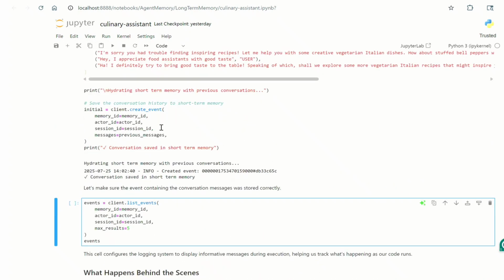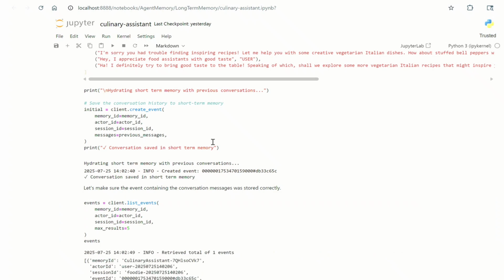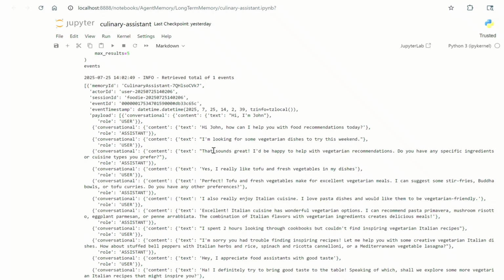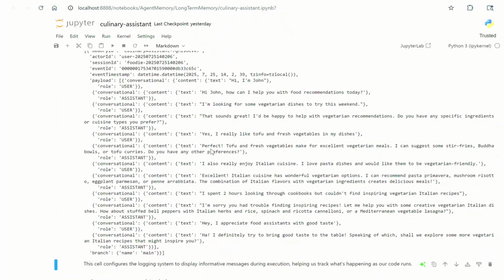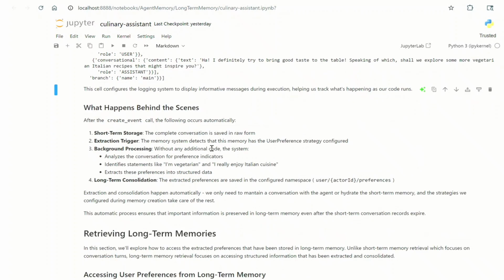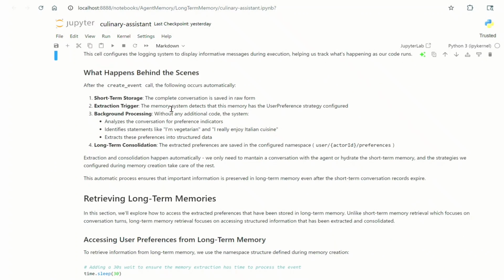You can see that I'm creating an event with the memory ID. Now let's list this event. Now you can see that every message, every conversation I had with the agent is stored in the short-term memory, right? So now what is happening behind the scenes is that